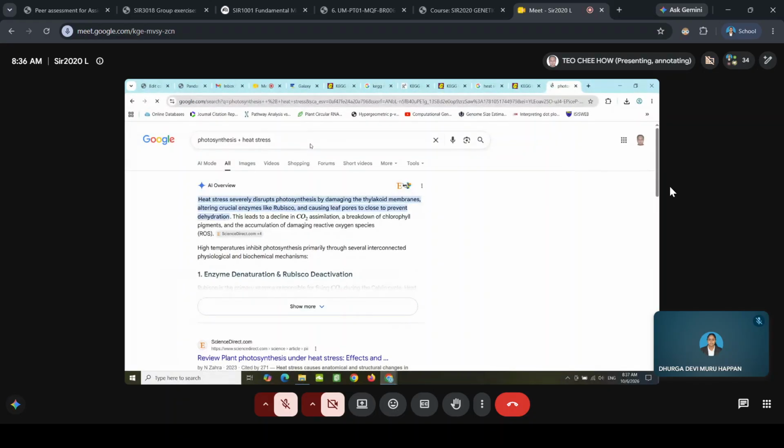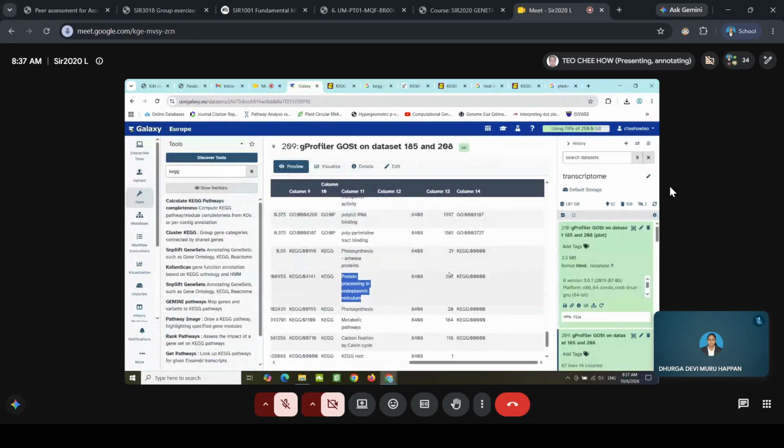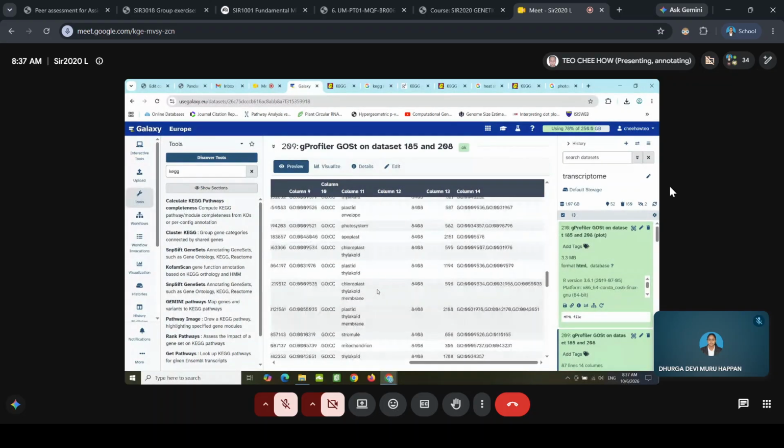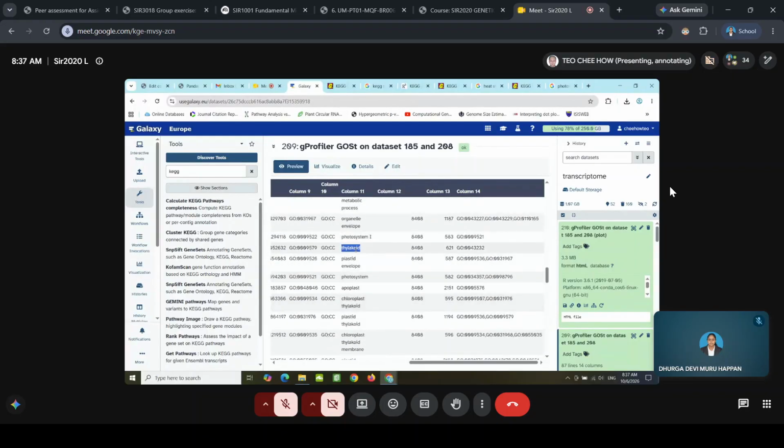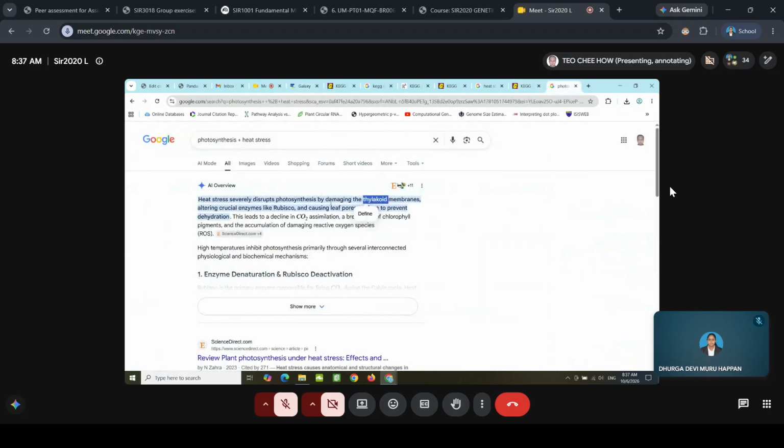Yeah, so because heat stress disrupts, for instance, damages the thylakoid membrane, then you can check whether in here you're able to find the thylakoid membrane. Yeah, you see. So it affects here, and it also affects the cell component of photosystem 1, as mentioned here. So this clearly shows that heat stress affects the thylakoid membrane, affects the photosystem 1 pathway,